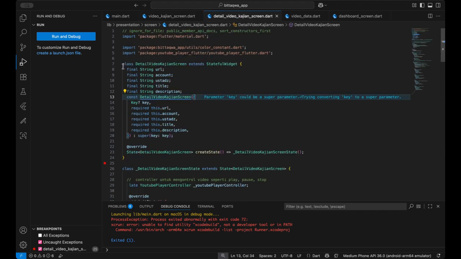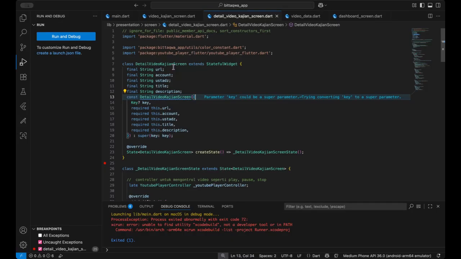This one. This page is different from the previous one. Here I use a StatefulWidget because the video player needs to update the UI while the user interacts with the video.